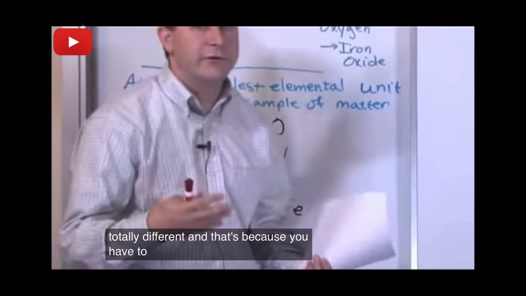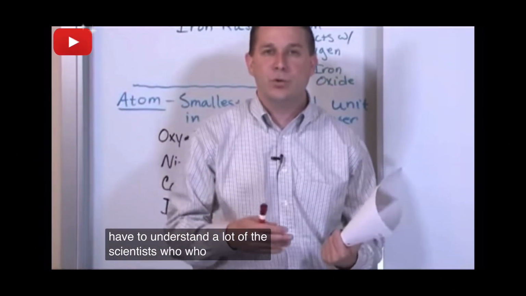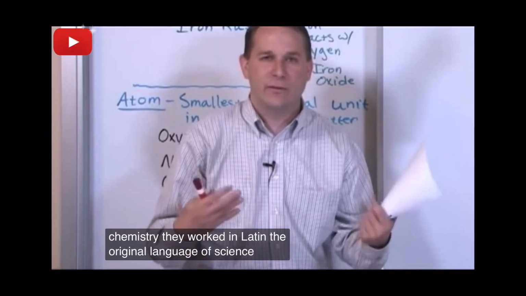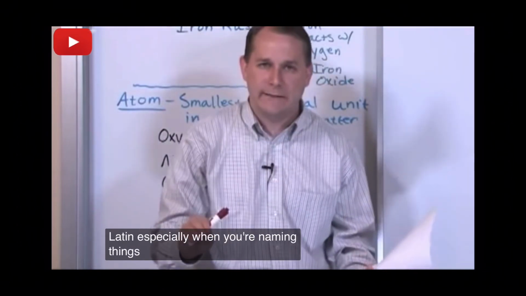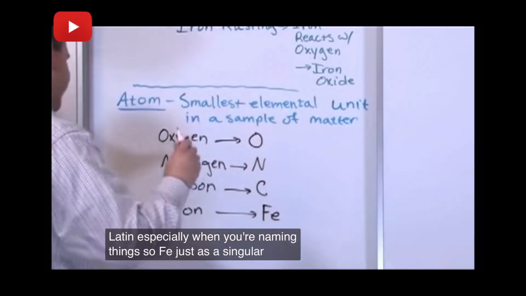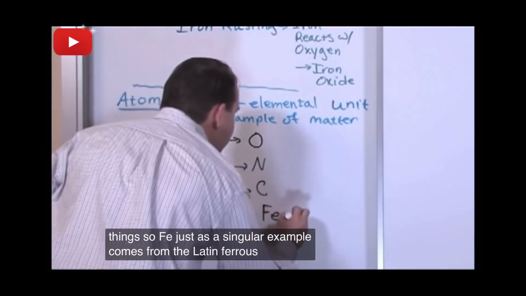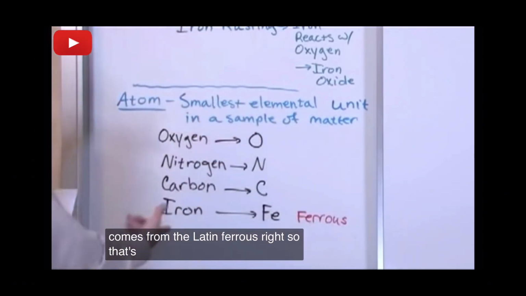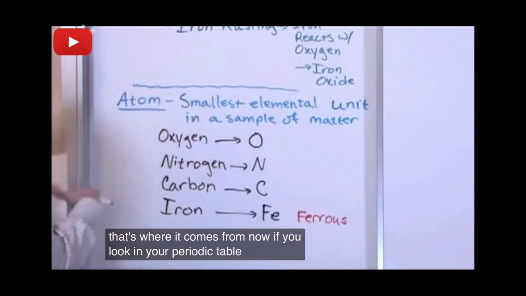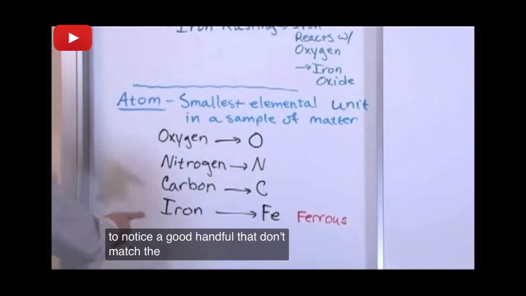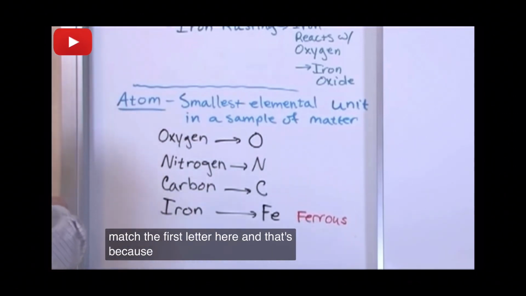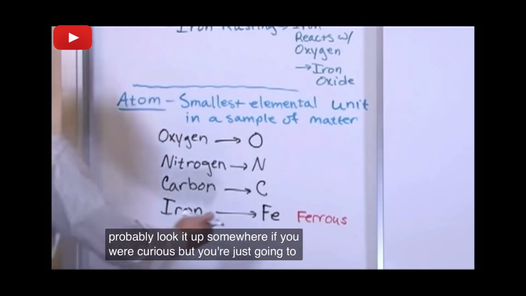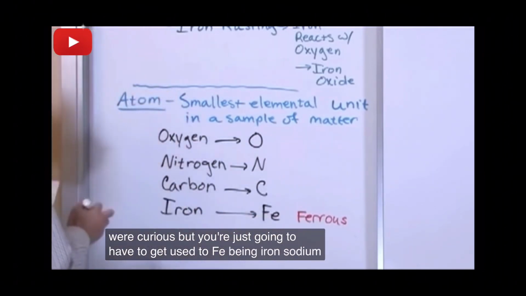And that's because you have to understand a lot of the scientists who were originally doing chemistry, they worked in Latin. The original language of science was Latin, especially when you're naming things. So Fe, just as a singular example, comes from the Latin ferrous, right? So that's where it comes from. Now, if you look in your periodic table, you're going to notice a good handful that don't match the first letter here. And that's because it's some Latin root. You could probably look it up somewhere if you were curious. But you're just going to have to get used to Fe being iron. Sodium is another